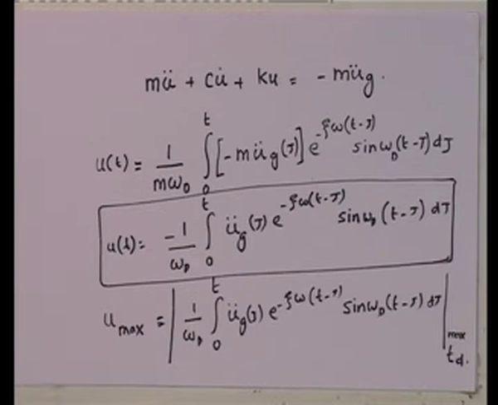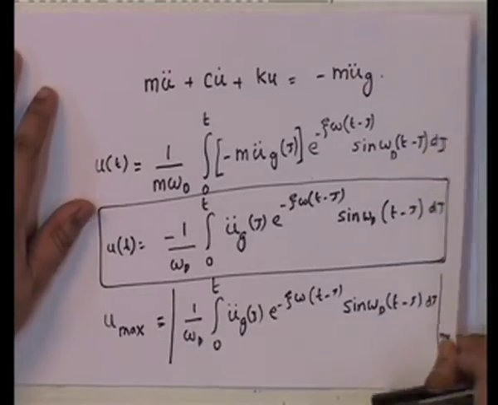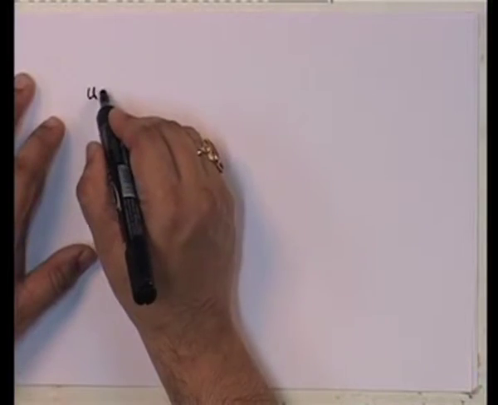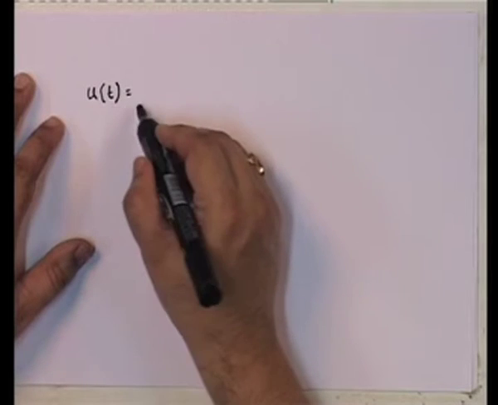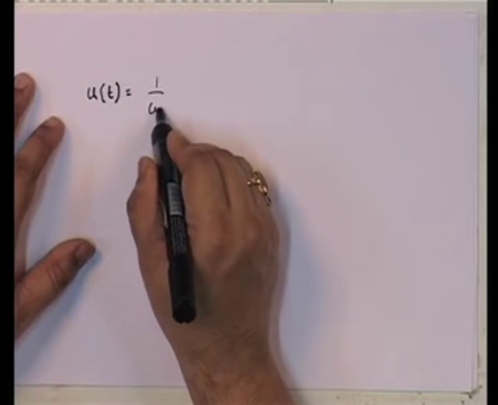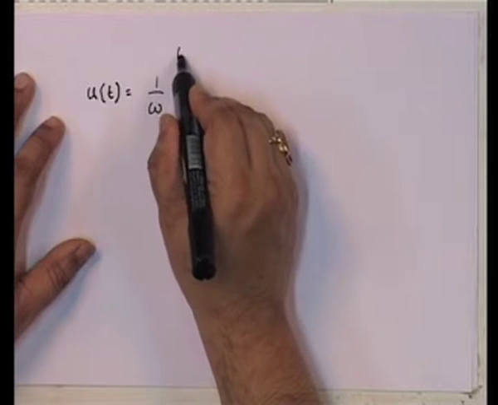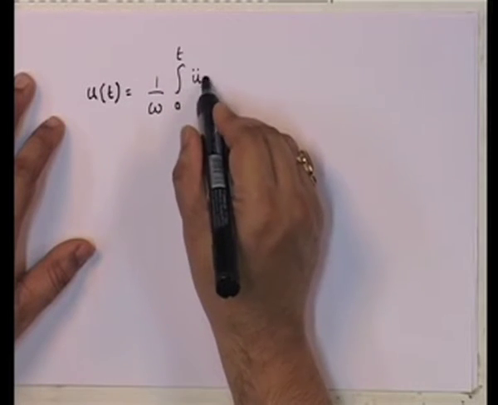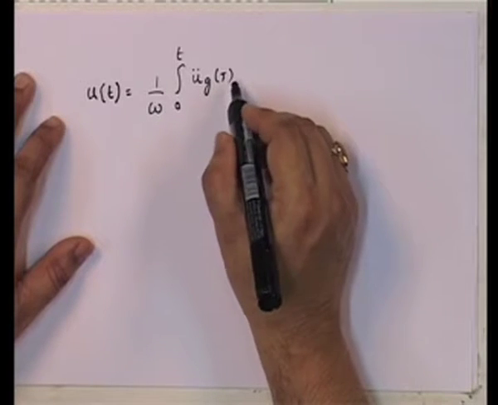Okay. So, of course, do we evaluate it this way? Well, not quite. Now, let me do something. Let me go ahead and define this for an undamped system. There is a reason why I am doing this for an undamped system, just humor me. So u of t for an undamped system is going to be equal to 1 upon m omega, integral from 0 to t of u g double dot of tau